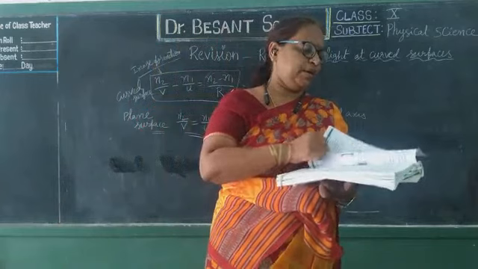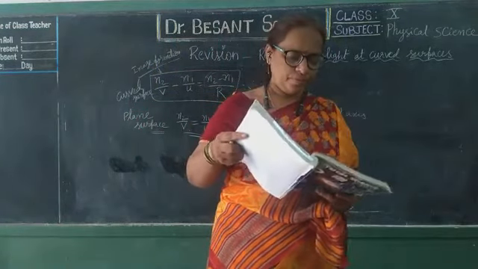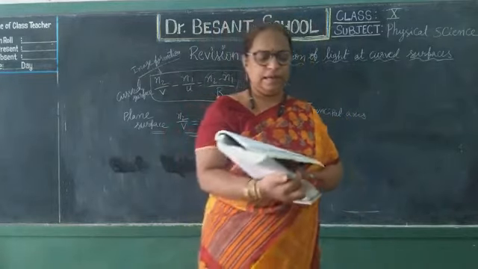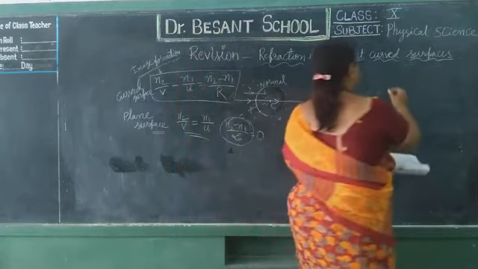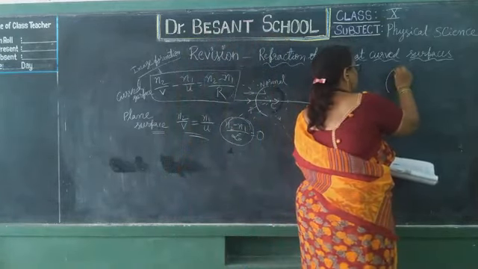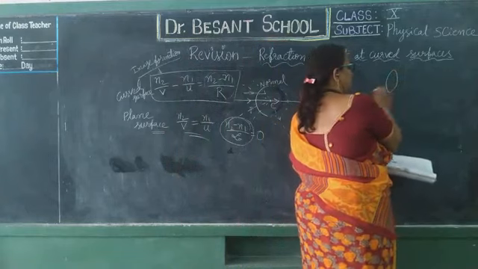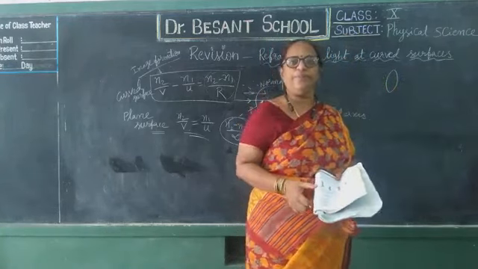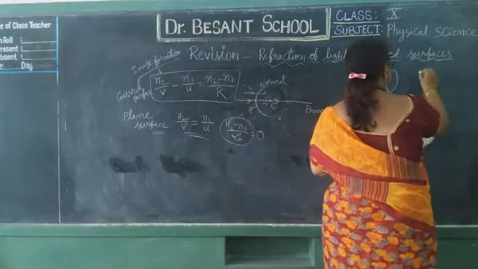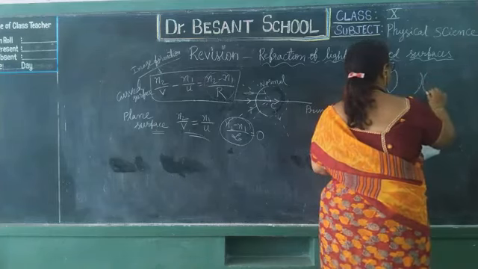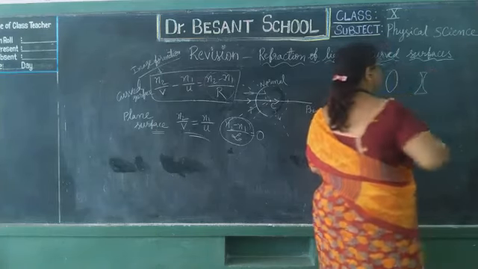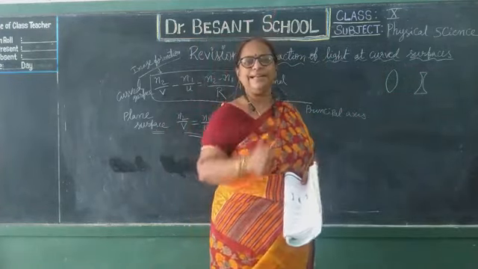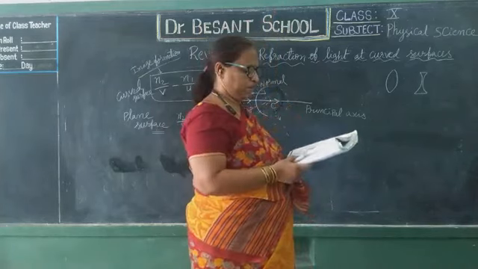And coming to our next topic, lenses. How many types of lenses did we learn? Here we mostly learned 5 types of lenses. They are the biconvex lens, which is thick in the middle and thin at the edges. This is the biconvex lens. This is the biconcave lens. Both surfaces are concave, so in the middle it is thin and at the edges it will be thick. These are biconcave lenses.